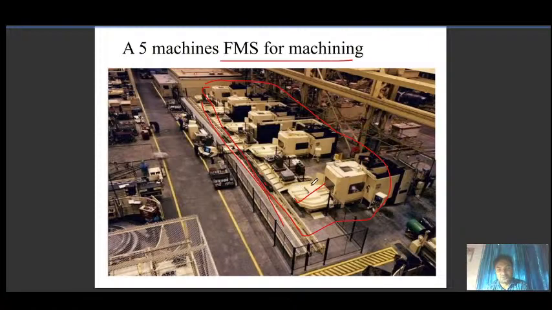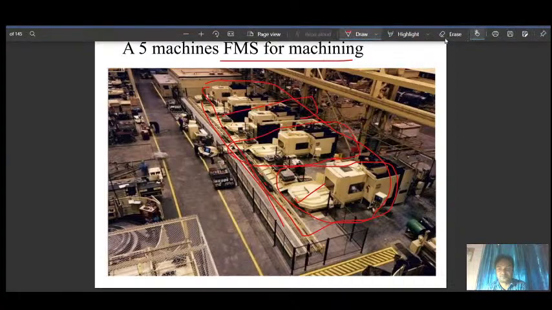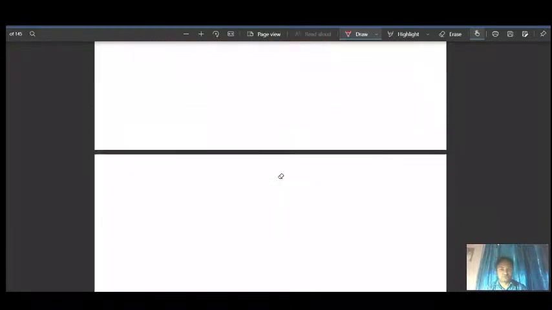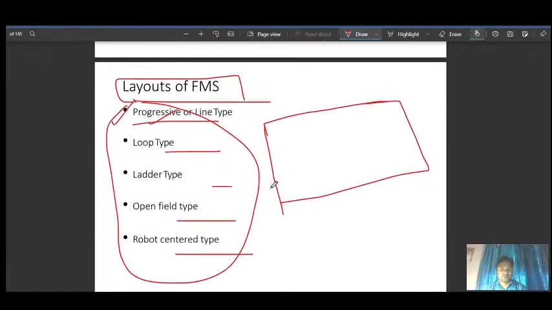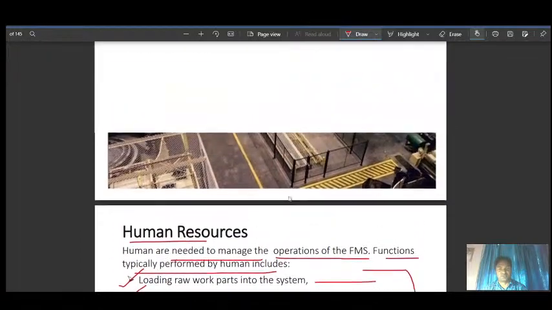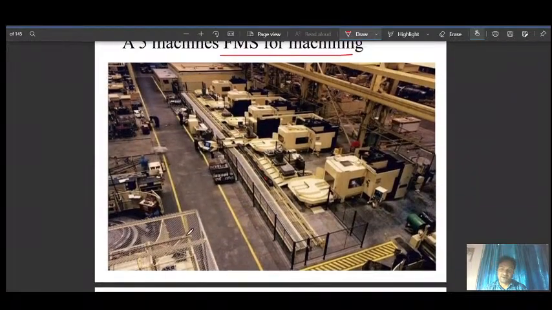All the machines you can see are stored here, and there is no loop, so it cannot be ladder type. You don't see any loop here, right? Not ladder, not loop, nor a robotic center. And one was open field. This one is not an open field. So line, that is progressive.